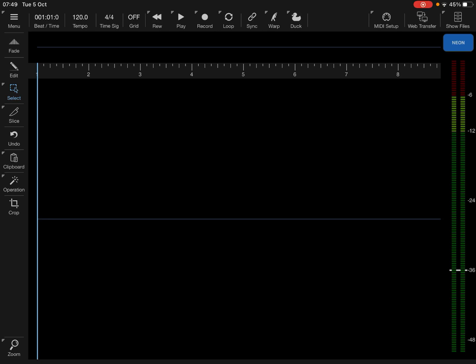So Neo is an audio editor and a clip launcher, and as with all apps from 4Pockets, another brilliant app. It's been recently released, so Paul is adding lots of new features to the app. Today I'm going to give you an overview of the product very quickly, at a very high level, of what it can do as an introduction, and then I'm going to follow up with short videos so you can quickly find what you need when you are searching, or you need to understand a little bit more of how a particular